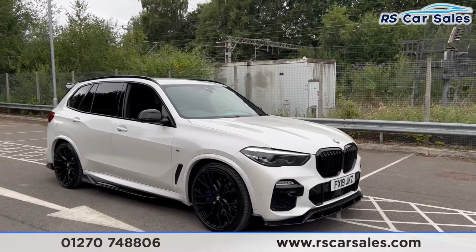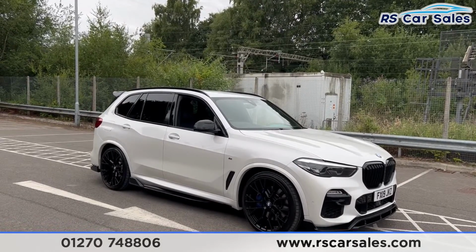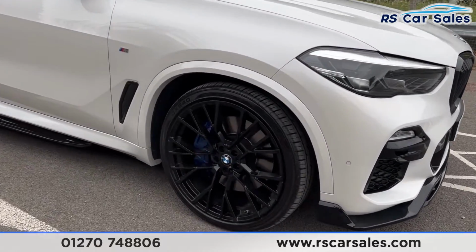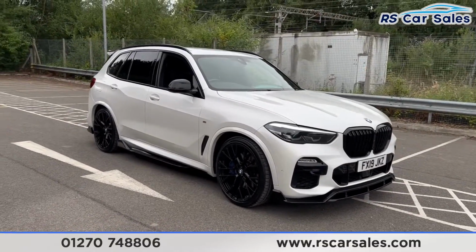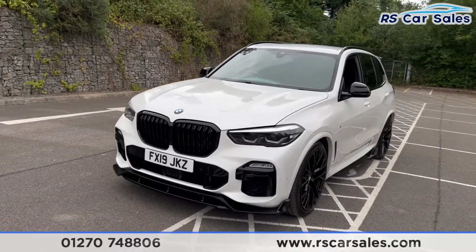Here we have a 2019 plate BMW X5 xDrive30d M Sport. Now this vehicle does come with over £5,500 worth of optional extras included. Now we do have 4 superb unscratched unmarked 22-inch alloy wheels in gloss black with the blue M Sport brake calipers just hiding behind. We have the LED headlights, the black front kidney grills, full M Sport styling kit, so